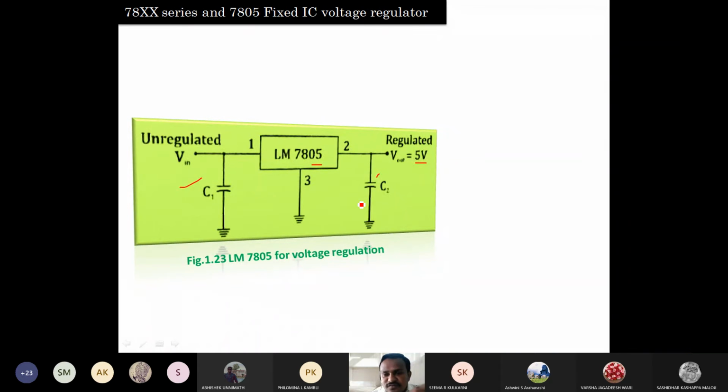Integrator, differentiator: in mathematics, the capacitor does that work. In an electronic circuit, if you want to do integration and differentiation from maths, you must use a capacitor. That is the importance of this capacitor. So I am asking about this capacitor because you must be thorough in these basic components, the concept, behavior, and all these components. So, anyone interested to give the answer? How does it behave with AC, and how with DC?